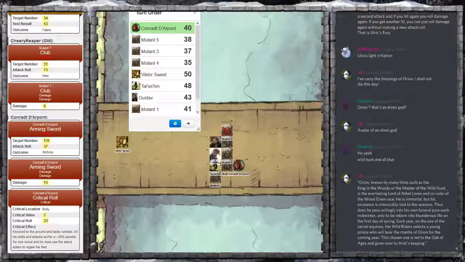Knocks to the ground! Ooh. Yeah, so he's on the ground. I think you get a bonus to hit him. Yep, because you get the +10 advantage of high ground. We have the high ground. It is pretty unfortunate though, because he's going to stand up. Yeah. All right. So now for the mutant,